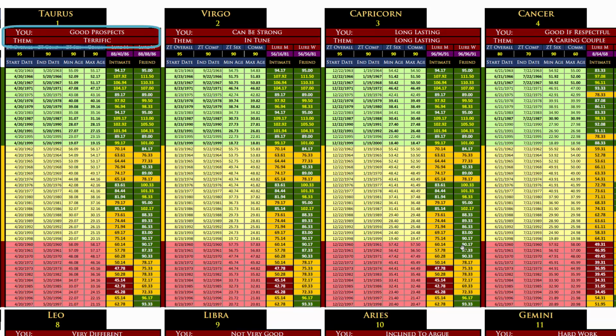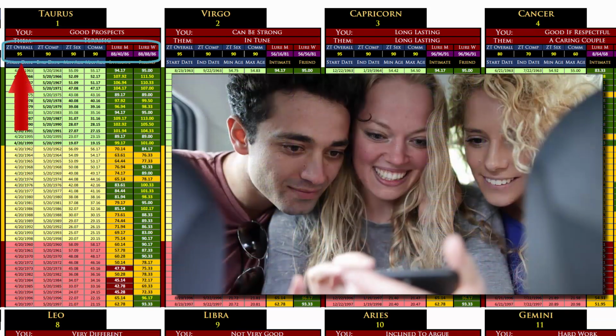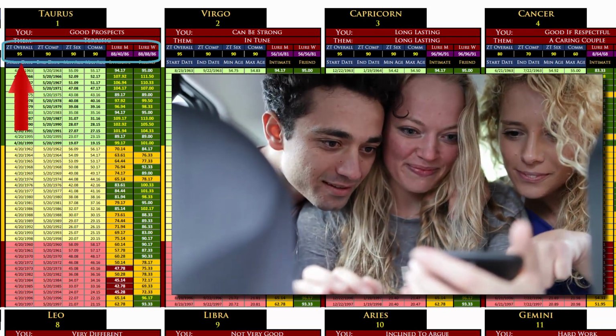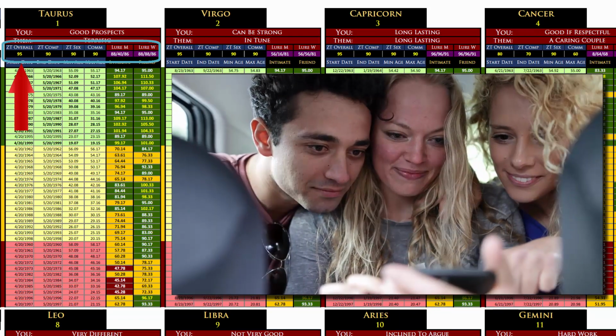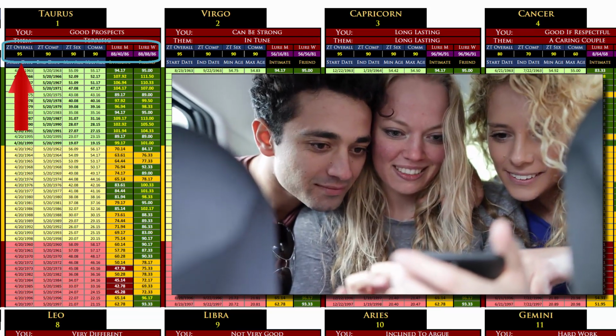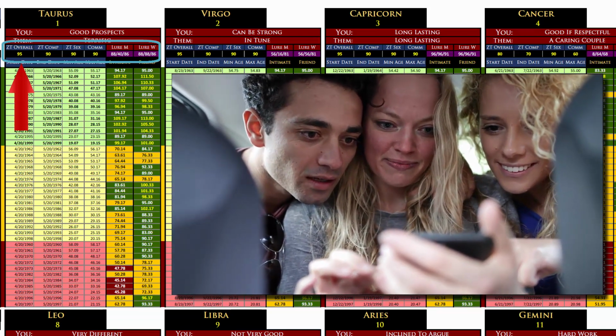But the main person would feel like, hey, we're good prospects. And that's in the description fields here for Taurus. Now, all of the signs across the board on the very top, the ZT represents the zodiac. Oh, I forgot what the T stands for, but it's okay. The point though is that